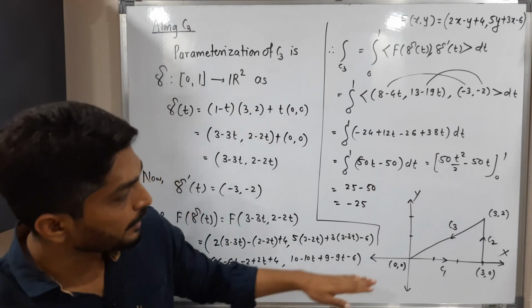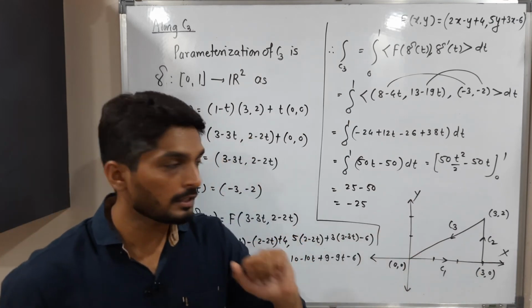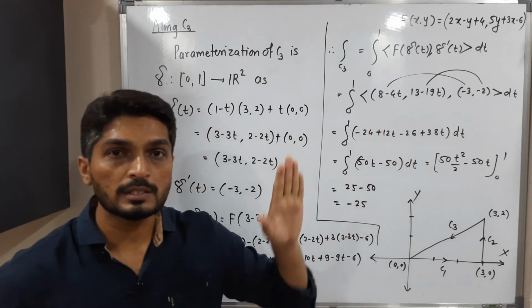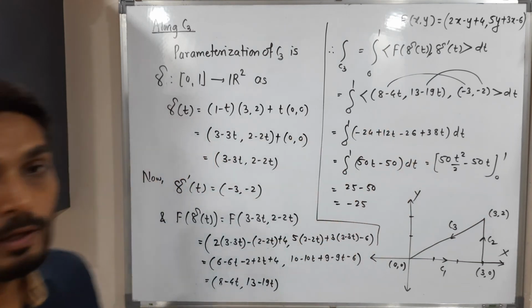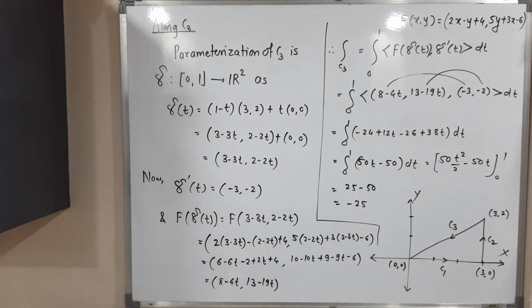So we got the value of the line integral over C1, over C2, and now over C3 also. Let us add them, so we will have the required value of the left hand side. Make a screenshot of it, then I will go further. So therefore,